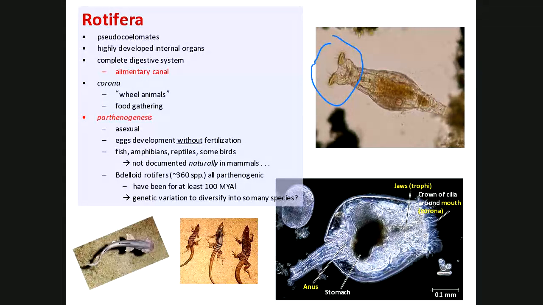occurring in rotifers, what we basically are saying here is that there are some species of rotifers, like the bdelloid rotifers, the B there is silent, about 360 species that are all parthenogenic. And they've been that way for well over 100 million years. Females are producing offspring without males. So the big question, and I highlight with an arrow there, is where does the genetic diversity come from to create this many species, 360, in a relatively short period of time? So Charles Darwin would be, I guess, relieved that even though we answered some of his questions that bugged him, like the Cambrian explosion, we still have quite a bit more.